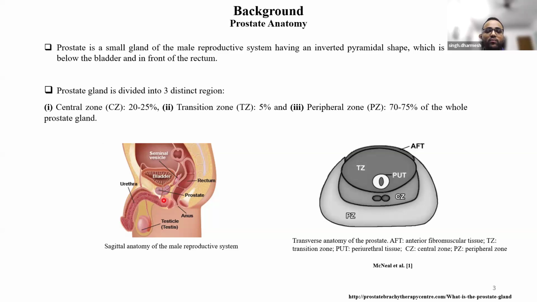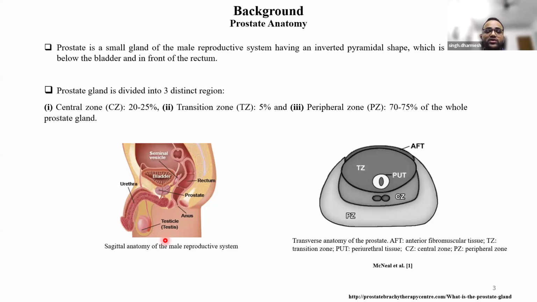The base is broader at the top, and it tapers downward. So this is the prostate, sitting beside the bladder and surrounding part of the urethra, which is why prostate diseases often affect urination and sometimes bowel habits as well. And now